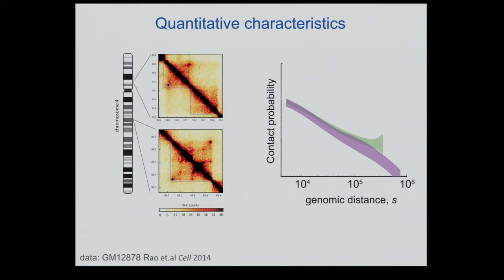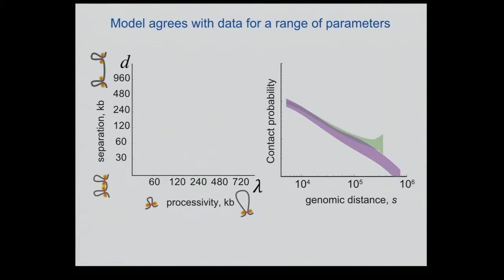So some of them do, some of them don't, but if I want to quantify this, I would like to look at the scaling of the contact probability, how intensity goes down within a domain, and that's going to be this green lane over here, and how the intensity goes down between two neighboring domains, and that's going to be the brown lane. So what I would love to get from my model is to see whether it can quantitatively fit these contact probability plots, and also give me qualitative agreement with domains.